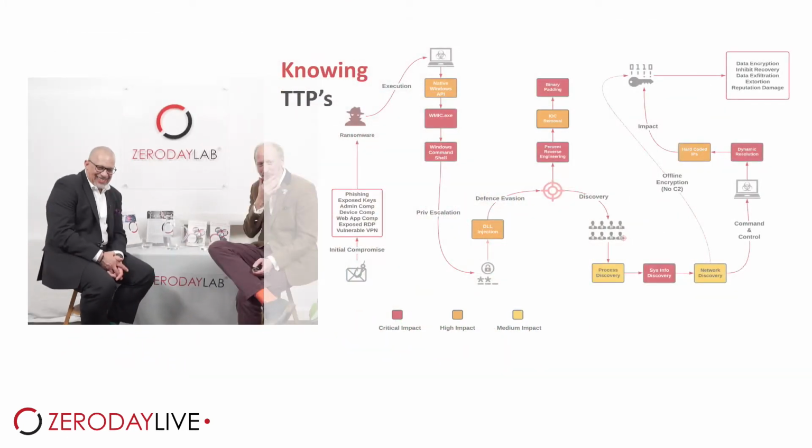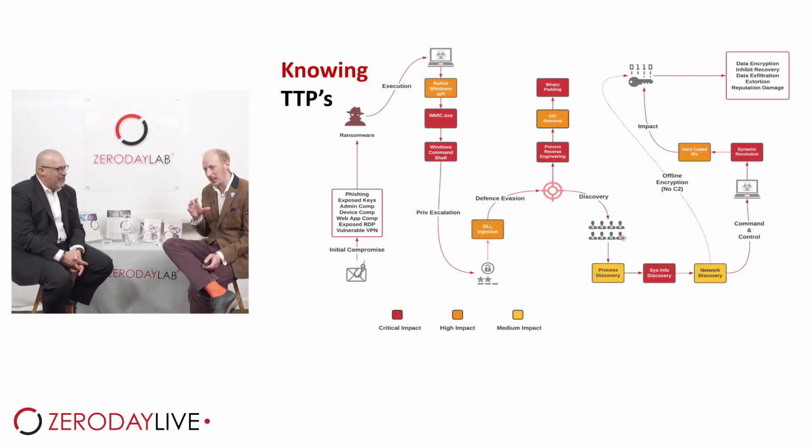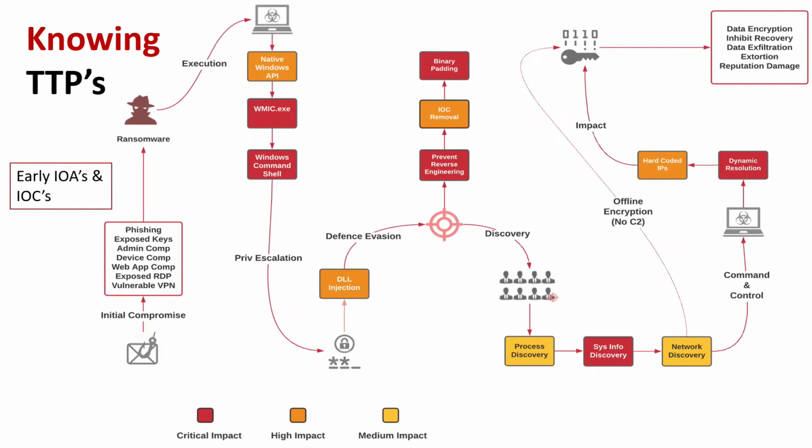And actually, it's completely unintentional that we talked about ransomware. I just thought it was a great example of knowing TTPs. TTPs in this particular case means knowing what to expect and how to expect it. I'm not talking about the whole playbook, but ultimately we need to understand the root of the attack, the initial compromise, or the route that might be an indicator of attack, to understand that we might be exposed to this. So knowing that we've got a vulnerable VPN and haven't patched it yet is always going to be a risk.